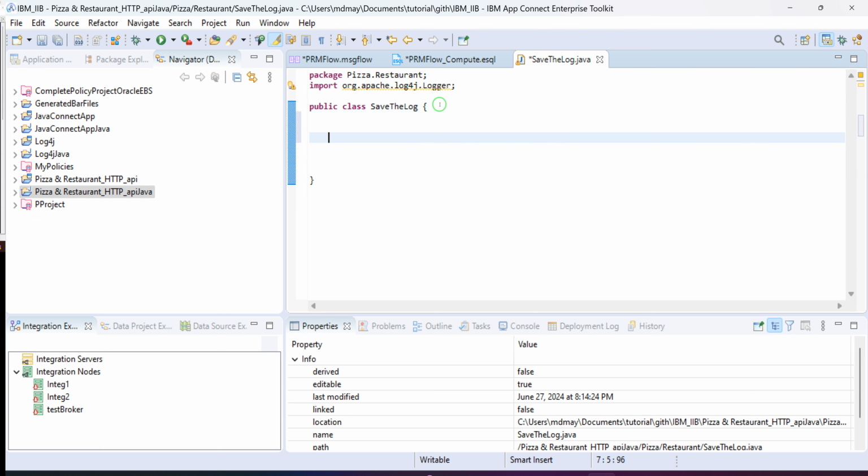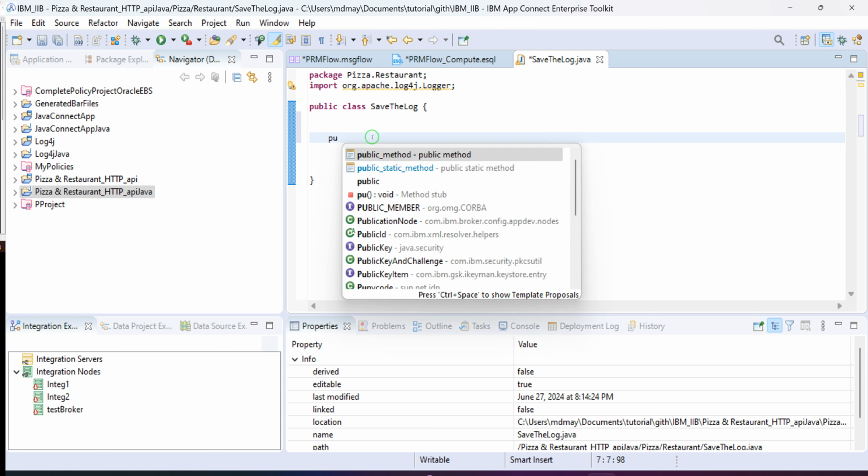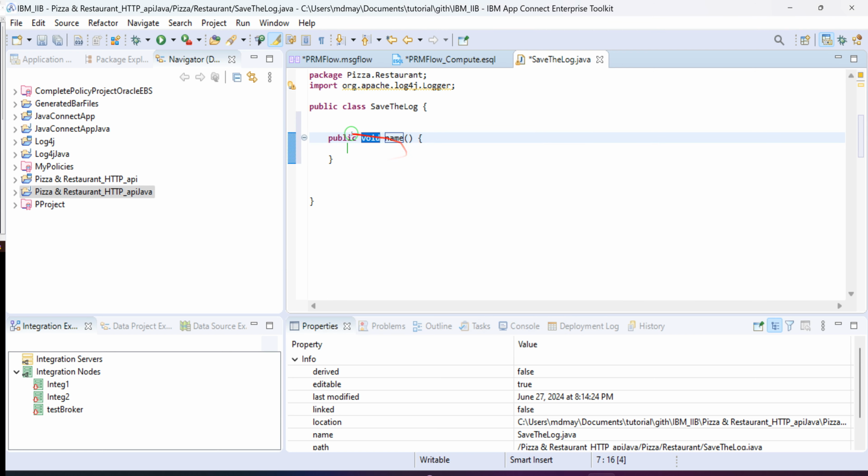I want to create a public method. Yeah, I want to create a void method. You could pick a boolean that returns true or false, so that way you know it got logged. I will say save log, something like that. You could pick a different name. What I will do is add one parameter to it, and that has to be a string. Like I will say myLog,